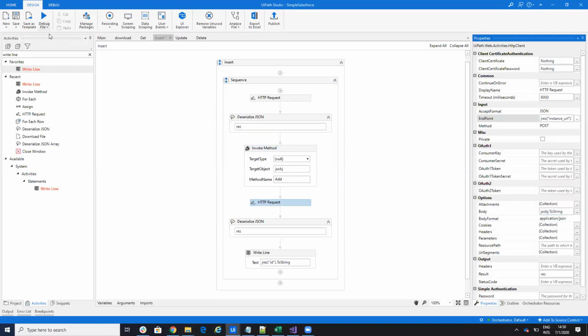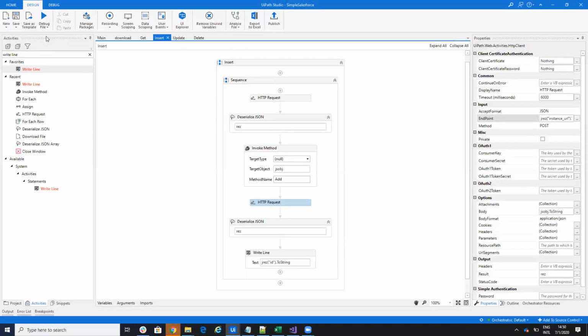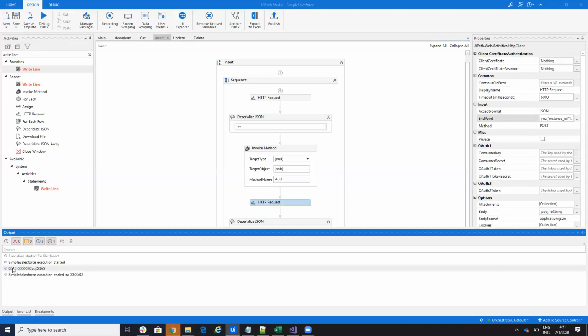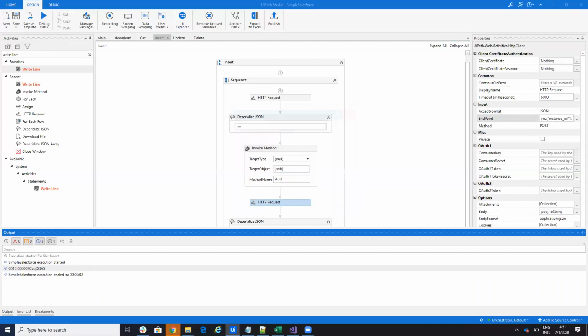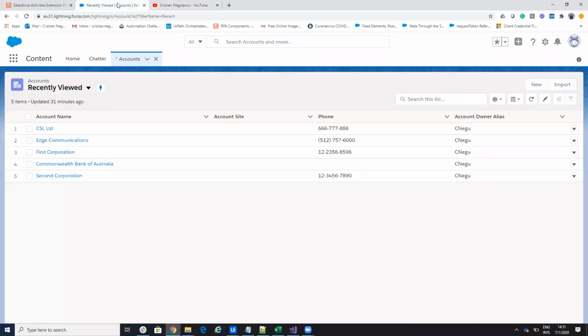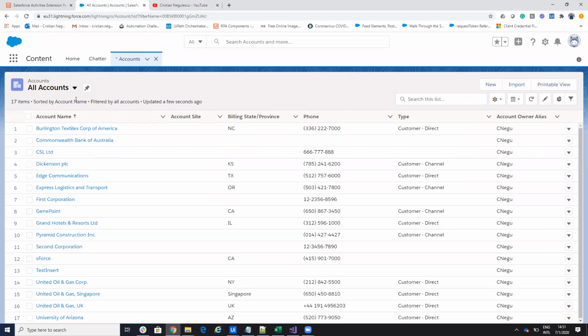So let's run it and see what happens. I get this ID. This is the ID of my response. And if we take a look at Salesforce, at all my accounts, you see I have here Test insert.